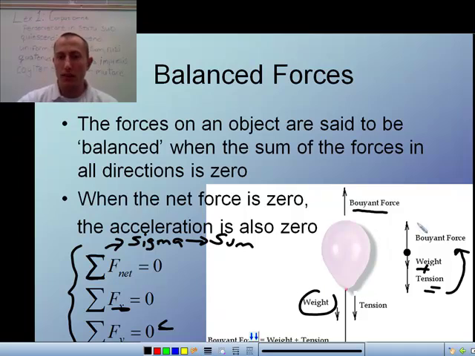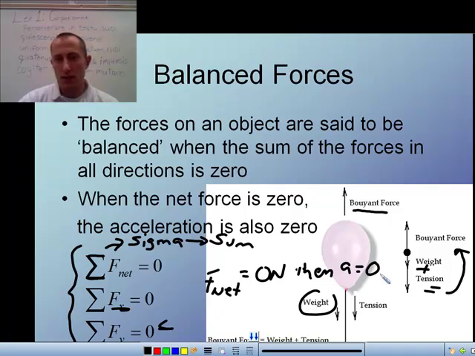And so they're in opposite directions, they cancel each other out, so when the net force, and notice that when we're talking about net force, we actually write out net so that we don't confuse it with normal force. When the net force is equal to 0 newtons, then the acceleration is equal to 0 meters per second squared. And that's what